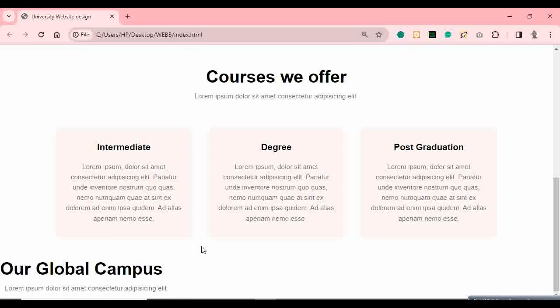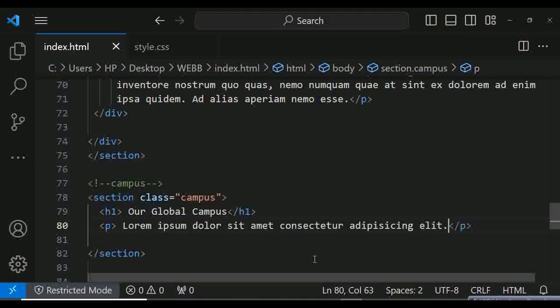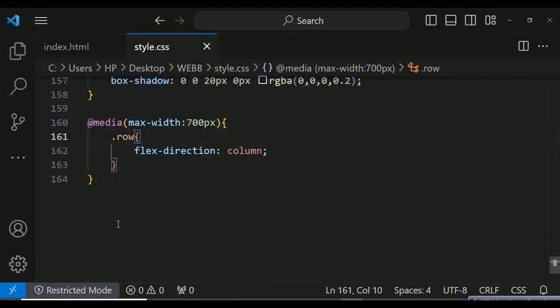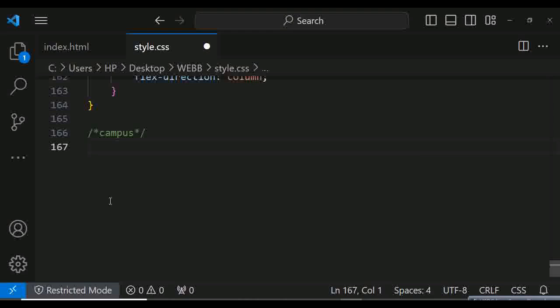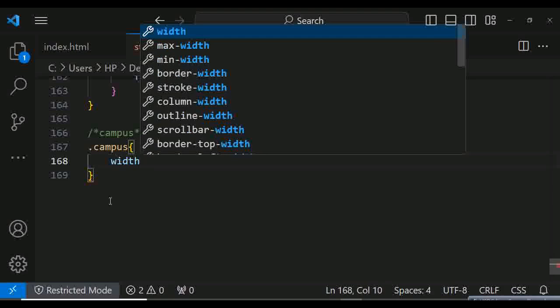It's not looking well. So let's go back to our HTML. Let's copy this class name and go to our CSS. So let's add a comment first. Let's write campus. So let's call the class name, dot campus. So let's give it width 80%,